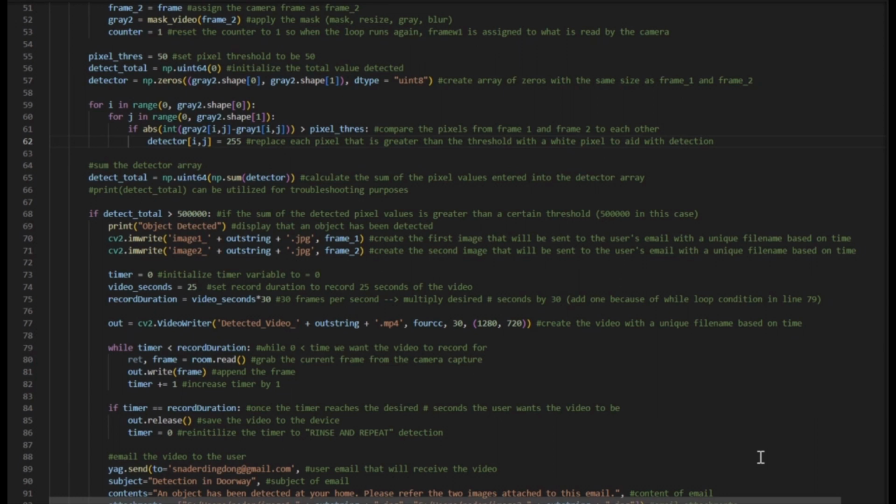So that's what lines 59 through 62 do. It runs through the height and the width of the resized frame 1 and frame 2, and then it's going to walk through each pixel and compare each pixel value to each other. And if the absolute value of the pixel value from image 2 minus the pixel value from image 1, so just the difference, is greater than the pixel threshold, then we will replace each pixel with a white pixel to aid in detection. So as we're detecting a difference, we're going to replace that difference with a white pixel